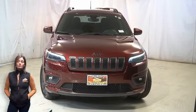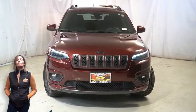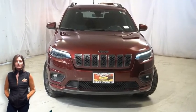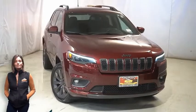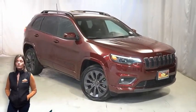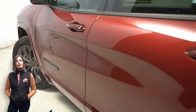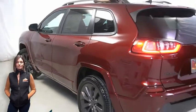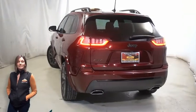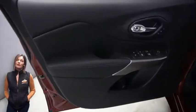Looking for a highly equipped compact SUV with all the right options and reliability? We'll take a look at this certified pre-owned 2020 Jeep Cherokee Altitude in velvet red pearl. With automatic headlamps, granite crystal roof rails, 19-inch aluminum wheels, granite crystal exterior badging, high altitude package, heated front seats, heated steering wheel, 22,000 miles on the odometer,